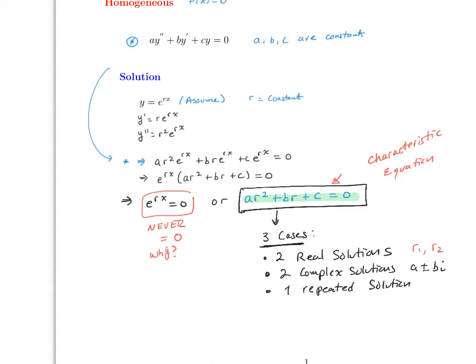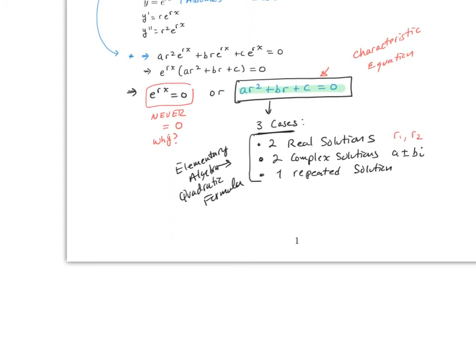And again, this is not new. This is something that you learn in elementary algebra. And these are the three choices if you use the quadratic formula. Okay. So therefore, in general, the solution that we're going to find, which technically is called a homogeneous solution,